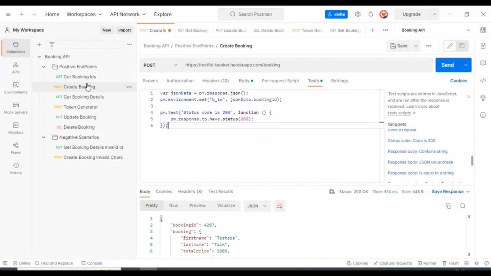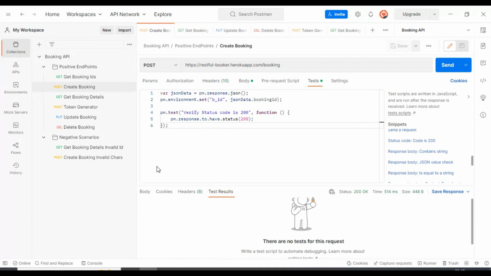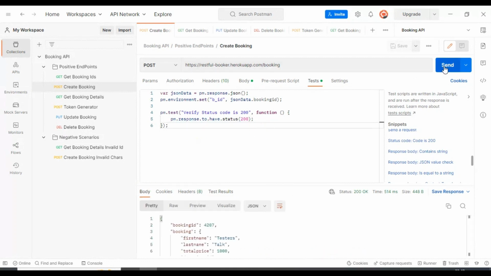After hitting this particular create booking API, we are getting the 200 status code. So that's the reason I have specified 200 here, and this is a test name. So here I'm specifying the test name as verify status code is 200. So that's it. Right now in the test results tab, you're not seeing anything, right? I have added one test and it has one assertion that is validating the status code of the API, right? So let's execute this API